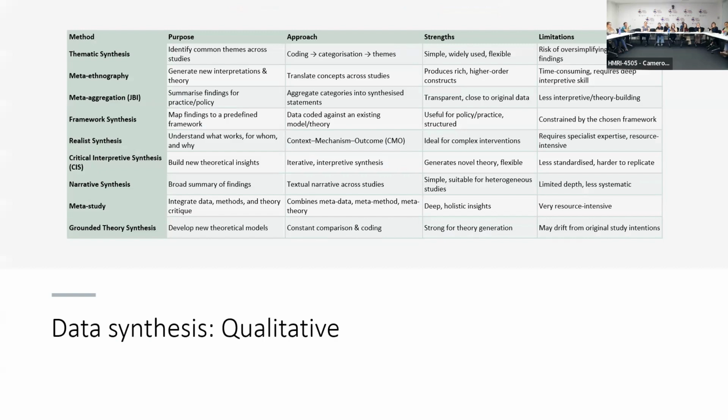So there are different types of data synthesis that can occur, and this one, Elle, is a shout out to you. So there's different types of ways in which you can merge all the data together, and this is qualitative data. Now, if you don't know what qualitative means, basically that's the talking kind of research. So if I conduct a qualitative review of you, I want to understand your experience of organising a learn at lunch. And I can't really do that by a survey and get that deep level of information.